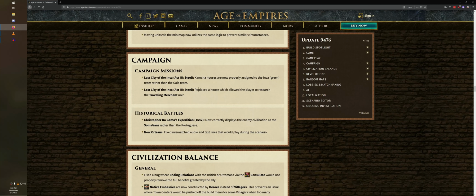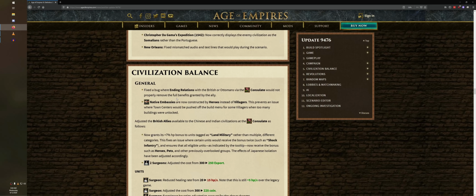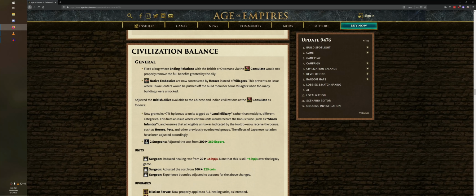Alright, an update to the campaign. We're not going to read that one. Alright, so now the important part. I'm going to take a sip of my drink. Oh, delicious. Alright. General. Fixed a bug where ending relations with the British or Ottomans via the consulate would not